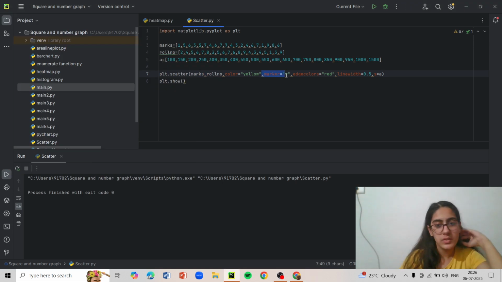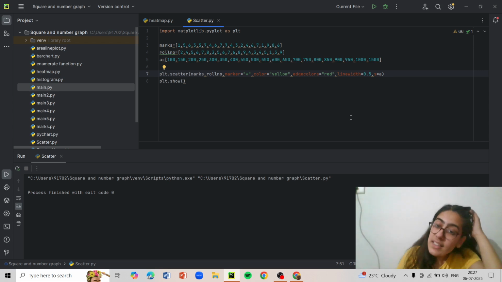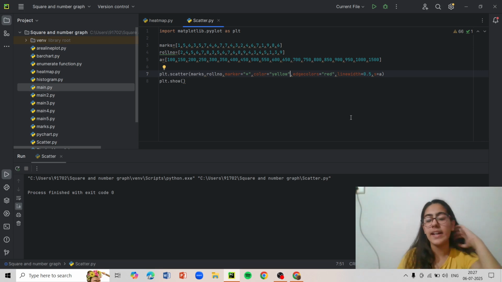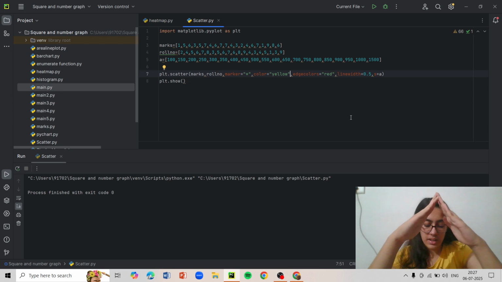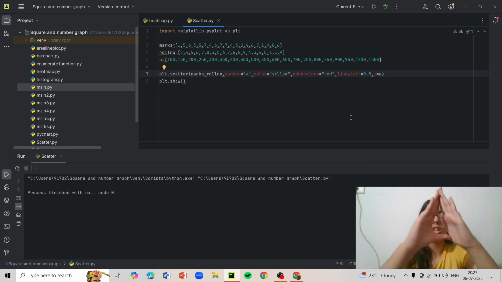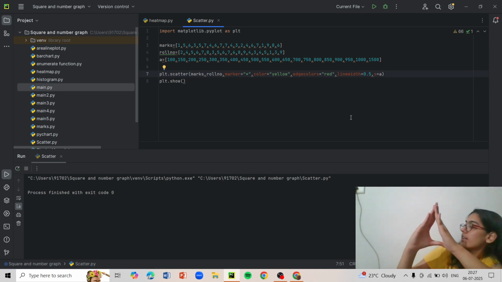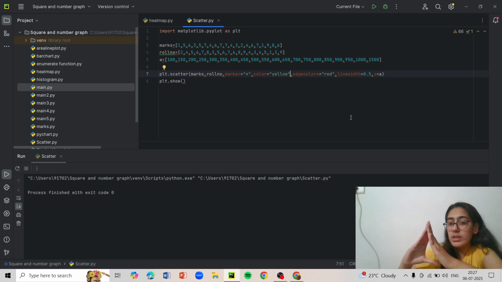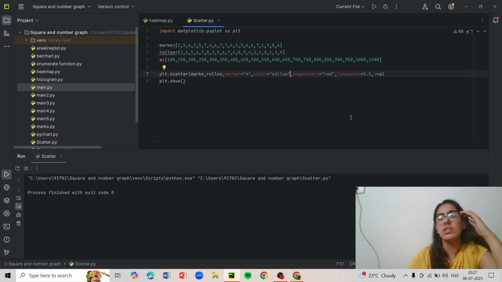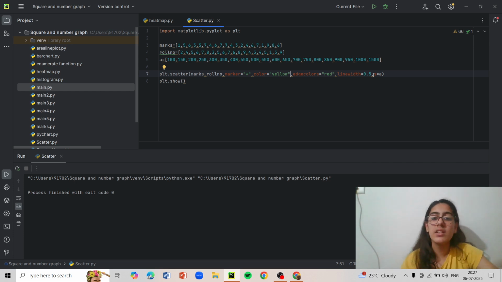Now, markers I showed you, color and edge color. What is the difference between color and edge color? So color is basically the inside color of the star. Can you imagine a star? Imagine this is a triangle, my hand is a triangle. Now the edge color is skin color and the background color is white for the wall. So the background color is white and the edge color is skin color. Similarly, here the edge color is red and the color is yellow. That's all. And then line width is the width of the edge.